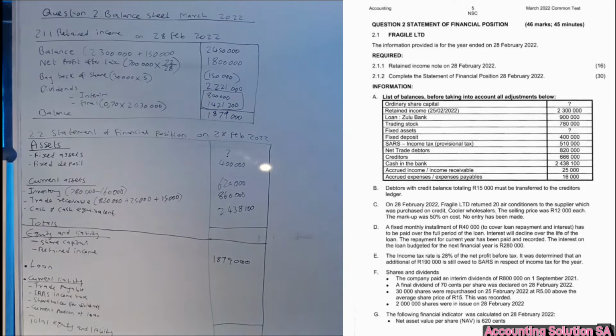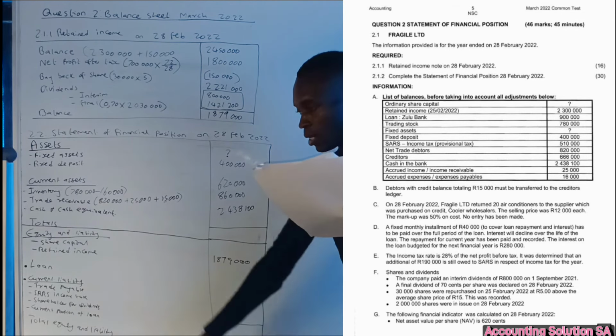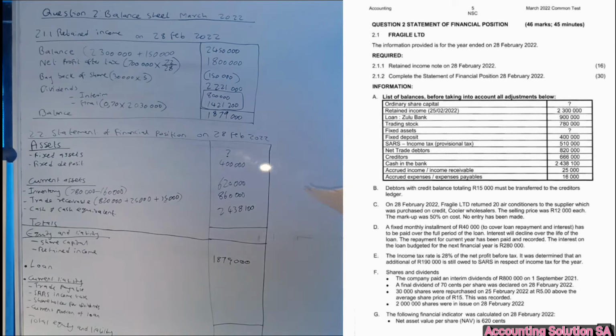Okay, now we are going to equity and liability. Under equity and liability, we already started with this one. Now we are left with share capital and the remaining. Let's start with